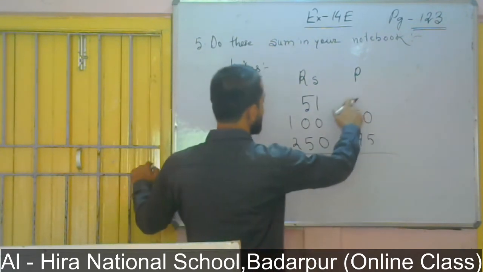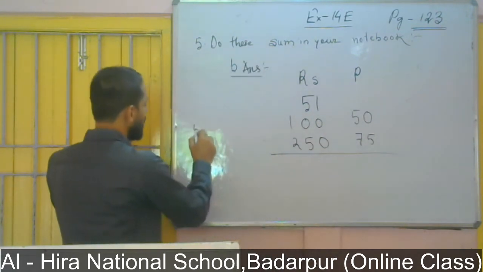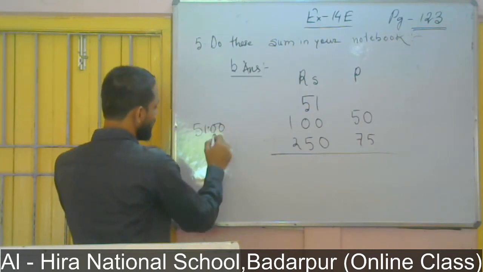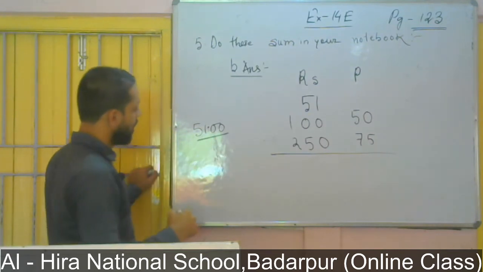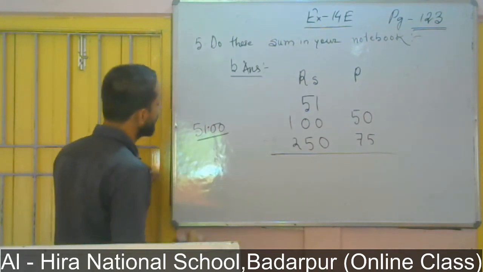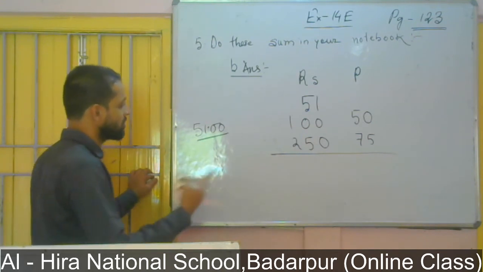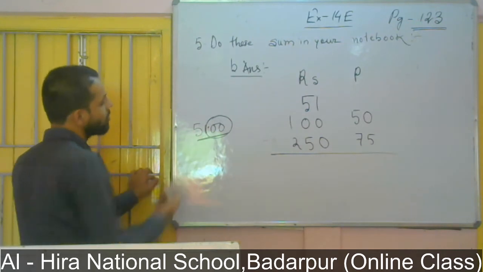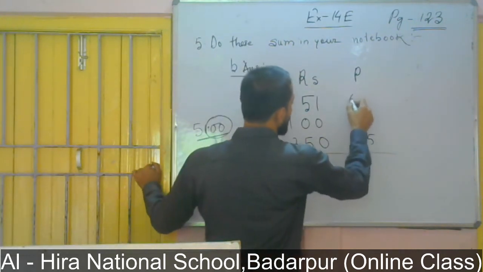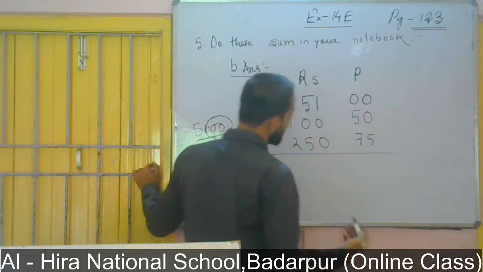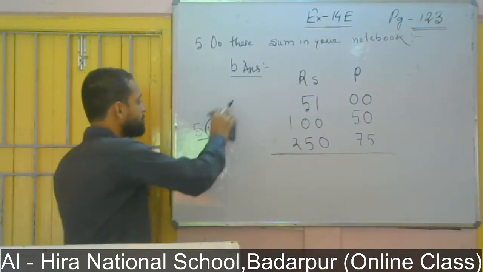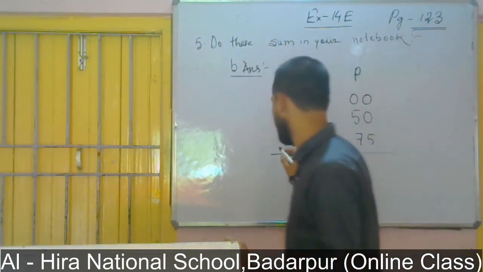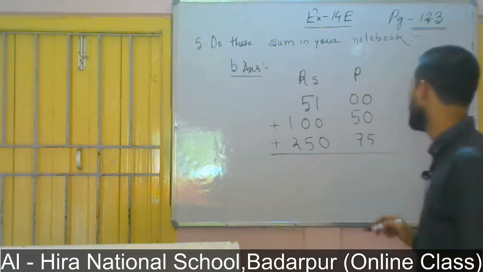So here we can see nothing is there now. In my previous class I told you that if 51 point, suppose 51.00, 41.00, 3.00 is given, then if we don't write this portion 0.00, it will be okay, no problem, because there is no value of this 0. So here we can add 0 to make addition easier. Now, as we are going to find out the total, we have to add.